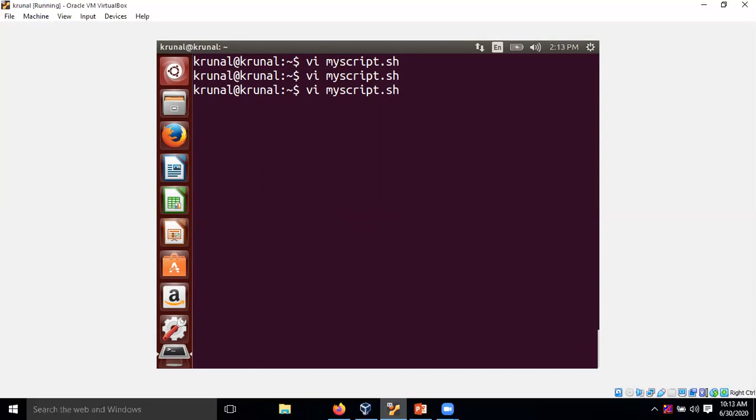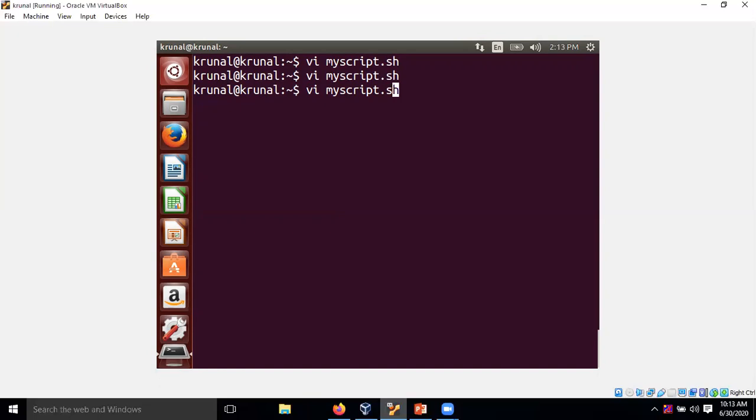Dot is a period, and sh is the extension, the standard shell extension. We will discuss that in detail once we start shell programming, but just keep in mind that .sh is the extension.